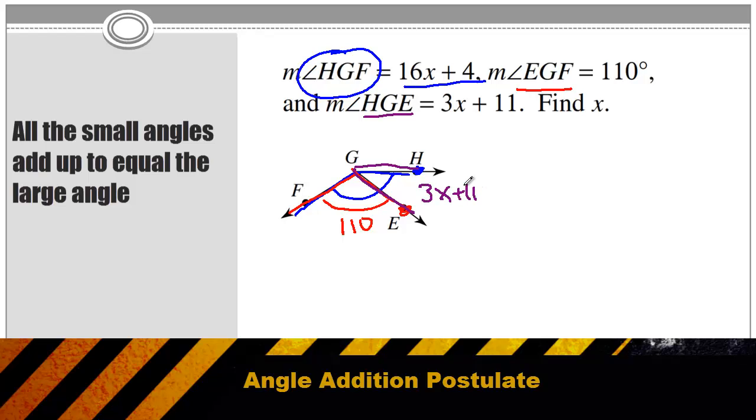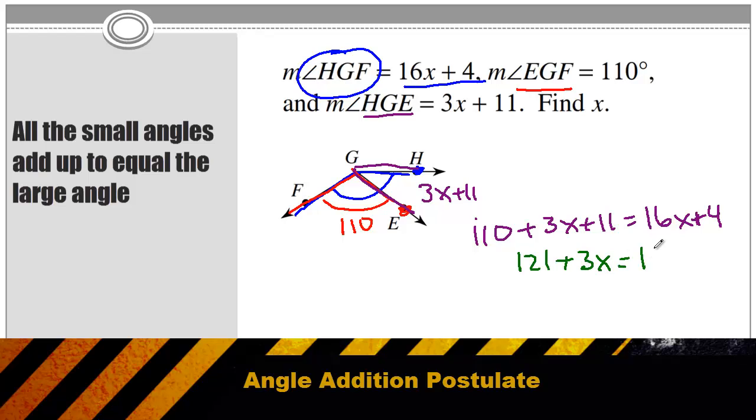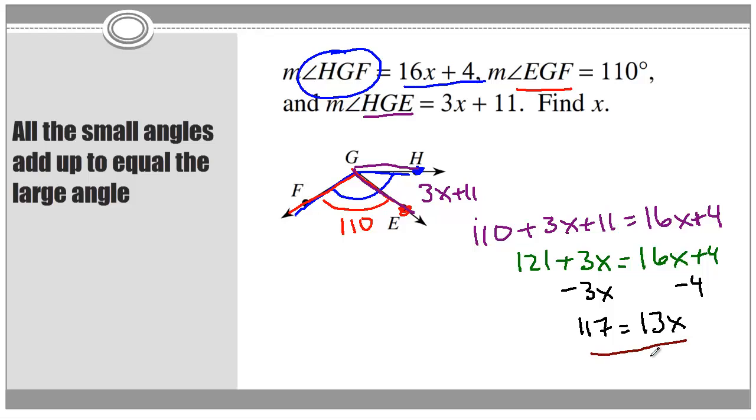So the angle addition postulate says that I can add my two smaller angles and they will be the same measure as the bigger angle, or 110 plus 3x plus 11 is going to be equal to 16x plus 4. I combine my like terms and I get 121 plus 3x is equal to 16x plus 4. Subtract 3x and 4 from both sides, and I get 117 is equal to 13x. And then I just divide both sides by 13, and I'm left with x is equal to